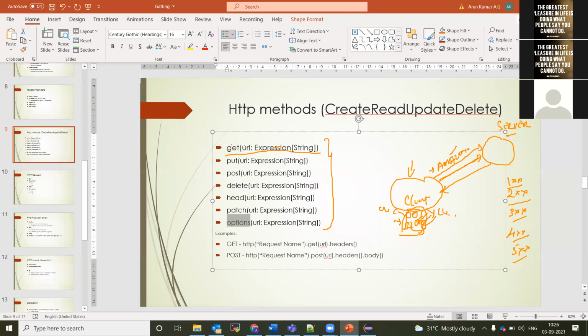Now let's come to the POST. I'll give the same example for all, so that's where I'm trying to use the same thing: username, password, and then the login button. I need to enter the username and password and click this login button so that it goes to the home page. Now, I entered the username and password and clicked the login button. What is it doing? I'm trying to post something to the server from the client.